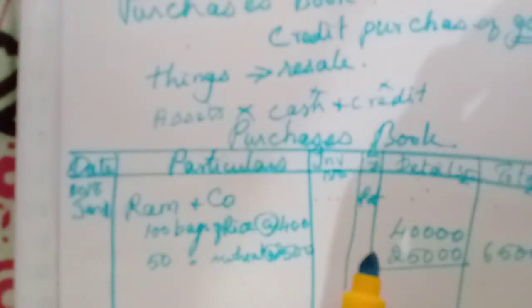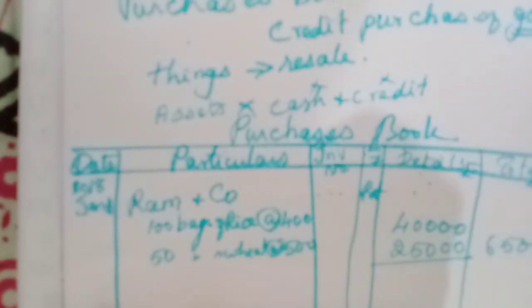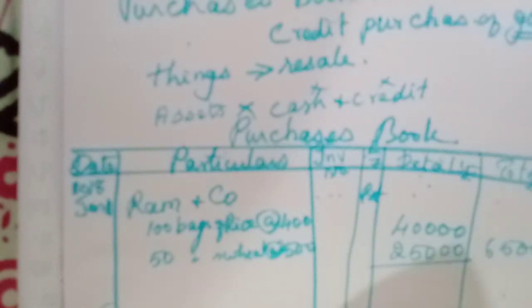Detail and total we write later. Then at last, many suppliers' names will be there, different dates. Then we will write all the amounts and at last we will write the total. This one only we will post. There we will write, not total, we will write purchases account, because we are posting to the purchases account debit side, debtor. Debit side, debtor we have to write.